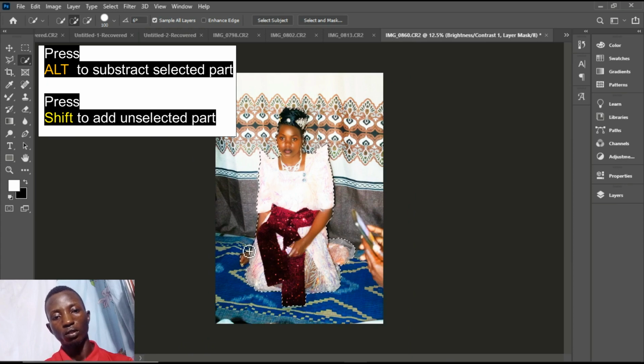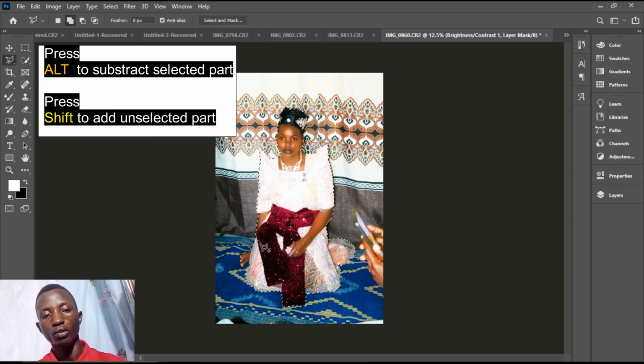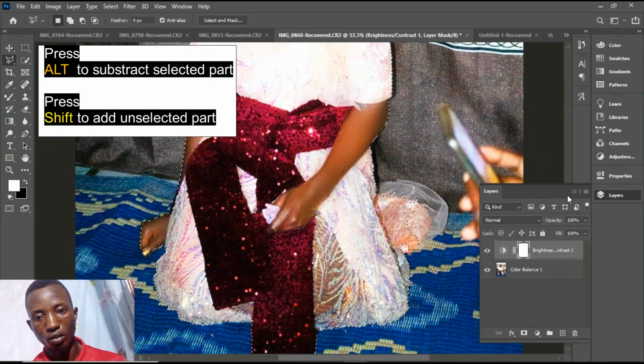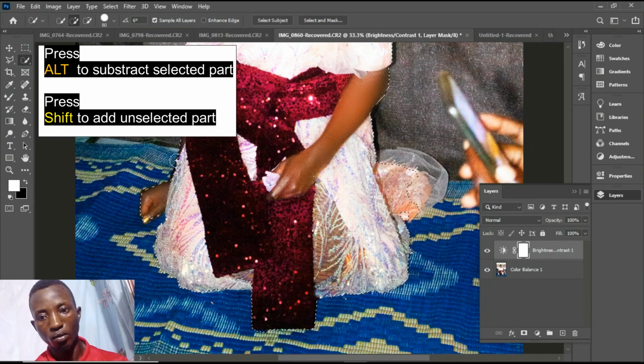So that's the part that we are interested in. Select inverse. Just come and select inverse, so that let's just